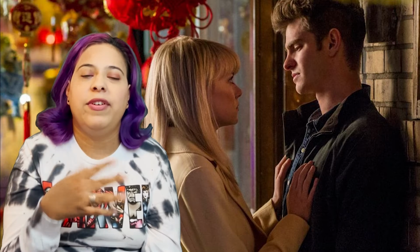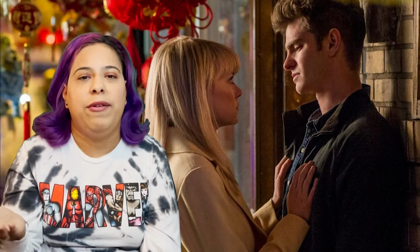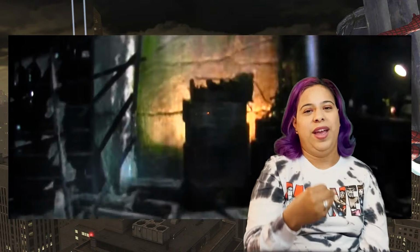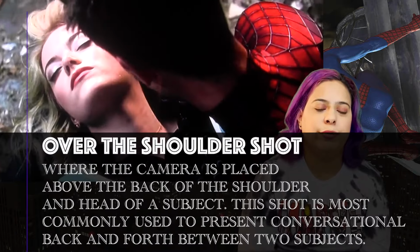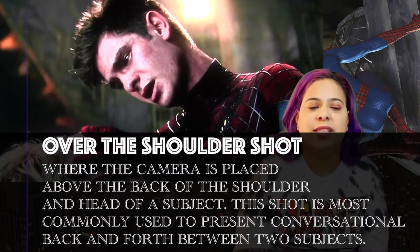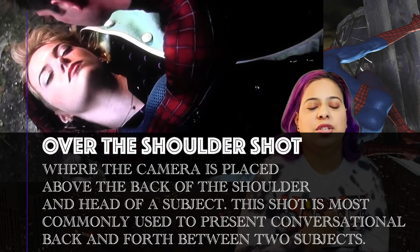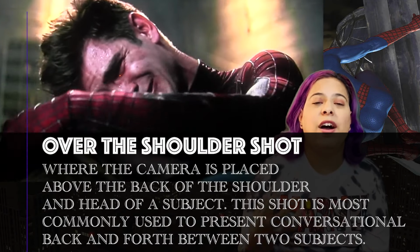Andrew blames himself. He could blame himself for just having her in the situation instead of staying away from her or letting her be in a dangerous situation after he was warned by her father that she would die if he would stick close to her. And he never listened, and there she is, she's dead. Him coming down the tunnel, that really screams far way down. So these are all over the shoulder shots, and so you're just seeing this. This mainly comes down to the performance of Andrew Garfield and his distraughtness in this moment of losing Gwen